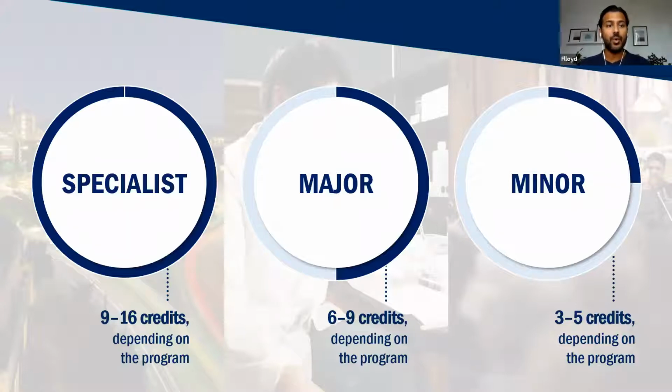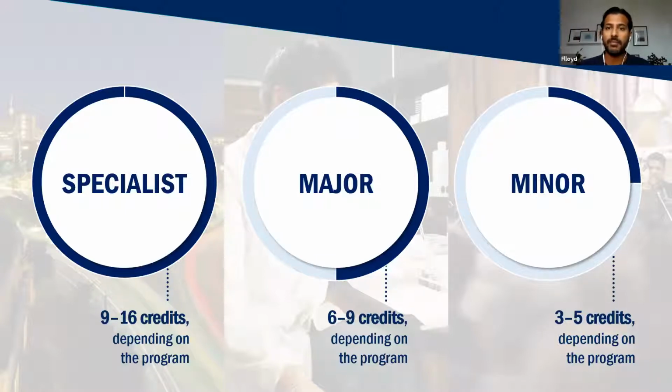So if you decide you want to just focus in one particular area of study, you want to eat, breathe, live history, for example, you could specialize in that area where the vast majority of your courses, about 2/3 of your courses, are in the field of history. The rest are leftovers for electives and to fill out the rest of your degree.